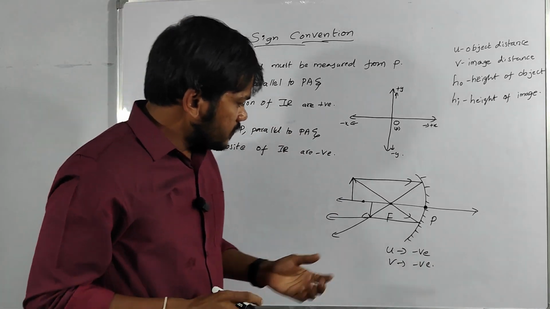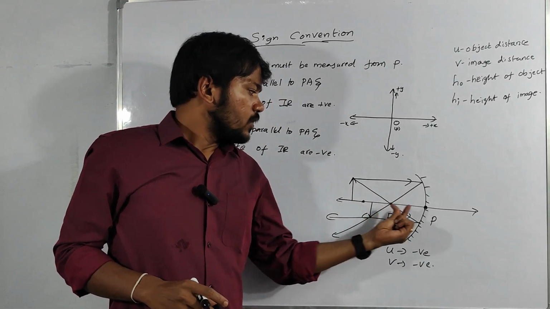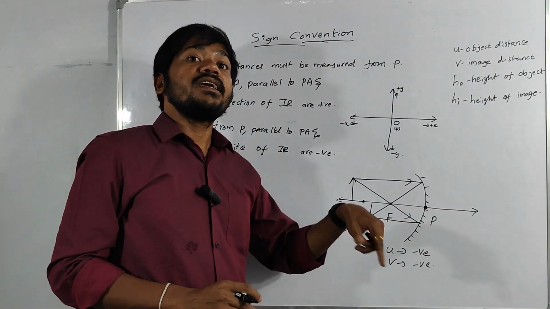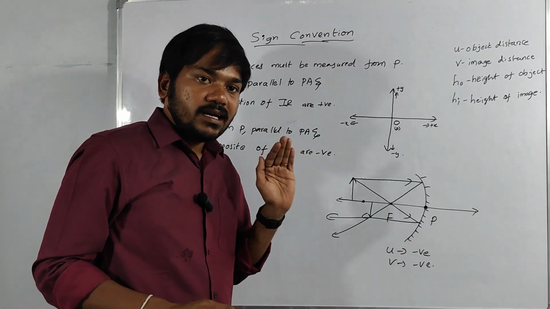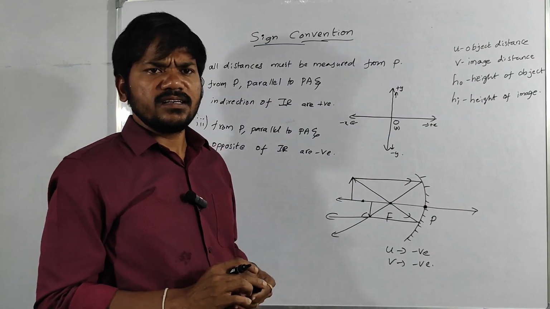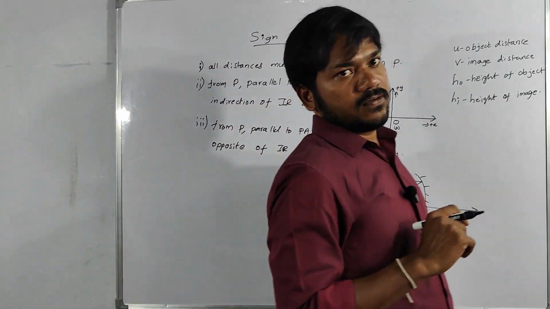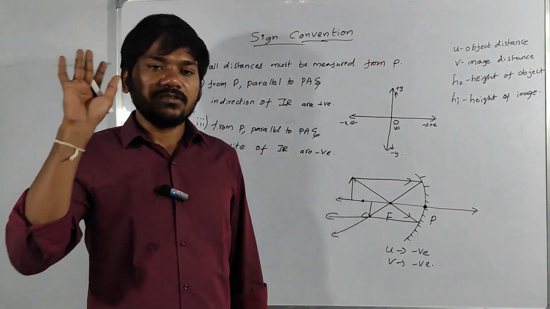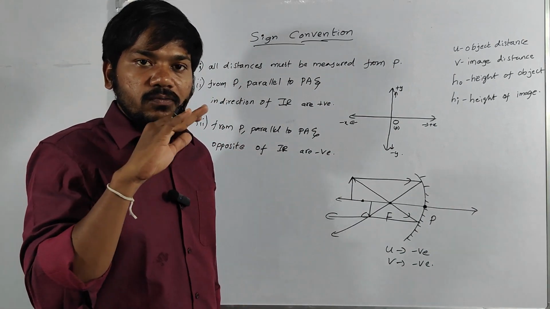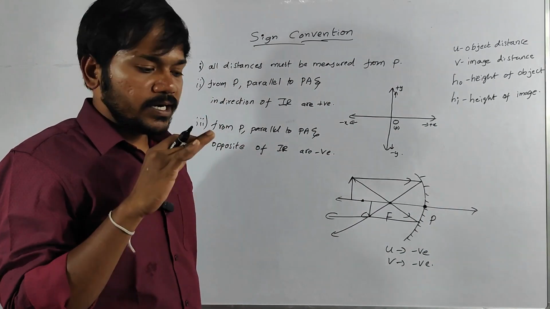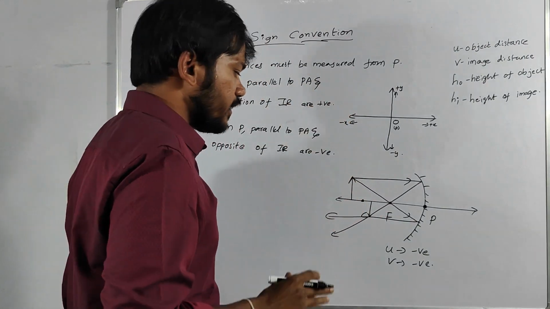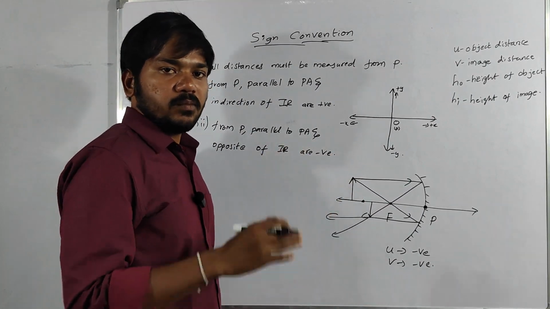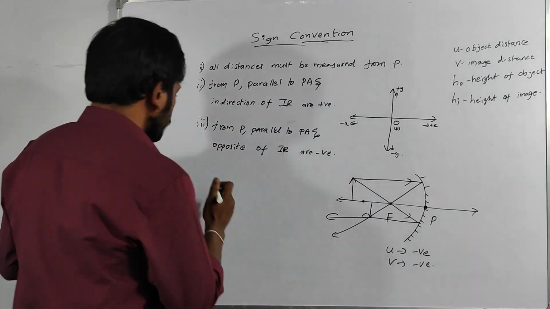Consider only the values. That means, say for example, this u value is some 20 centimeters. So it must be given as u is equal to minus 20 centimeters. It should not be taken like minus u is equal to 20 centimeters. It can be taken and substituted, but in the derivation of the lens formula or the mirror formula, we never consider that. If we consider the variables as negative, yes, we have made a mistake. Only the values of the variables must be applied with the sign convention. So you have to take u is equal to some negative value, or u is equal to some positive value, but not positive u is equal to or negative u is equal to in such a way. So the 4th point,